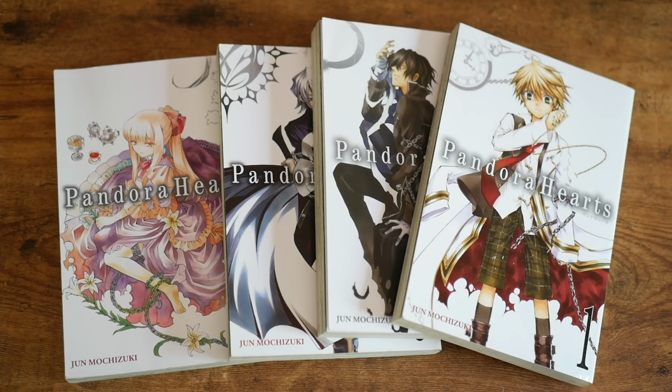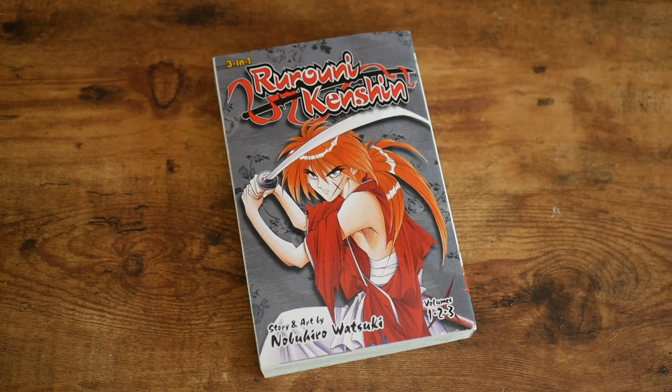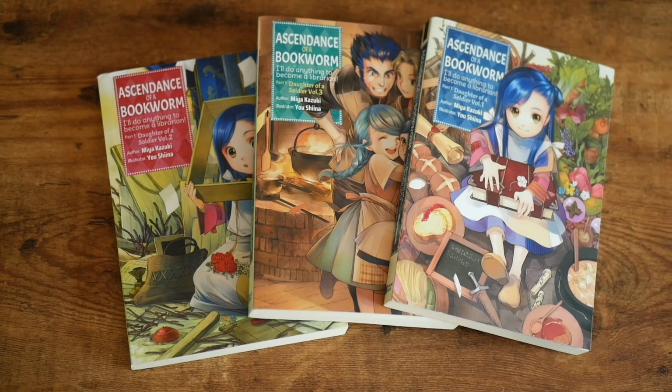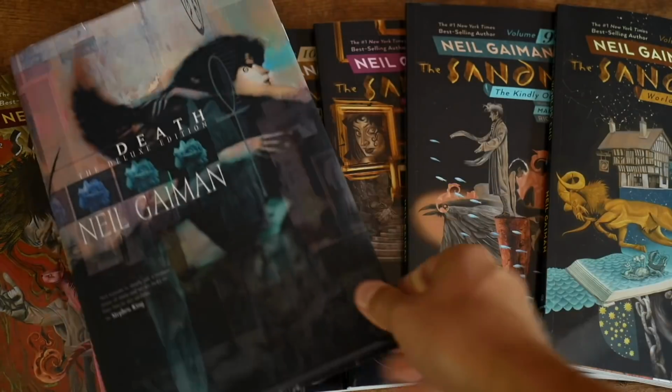Mangas, comics, and graphic novels: Pandora Hearts, Monster, Attack on Titan, Rurokuni Kishin, I'm having a hard time with this font, The Promised Neverland, Yotsuba, Ascendance of a Bookworm, a whole bunch of Avatar stuff, a whole bunch of Sandman stuff,